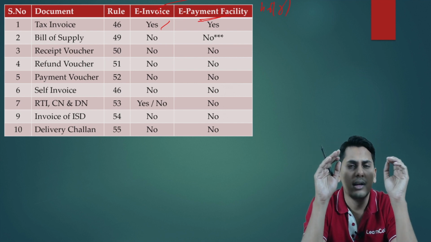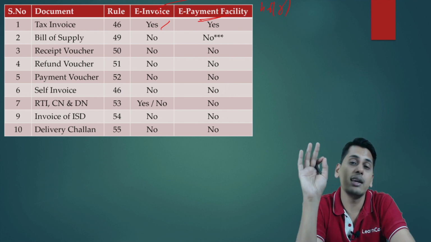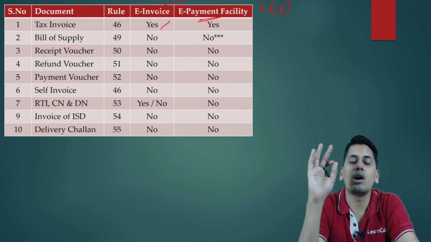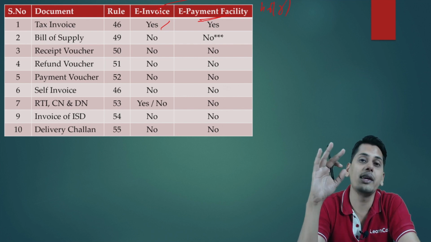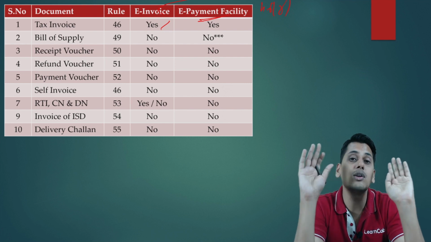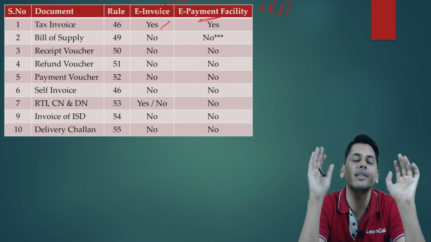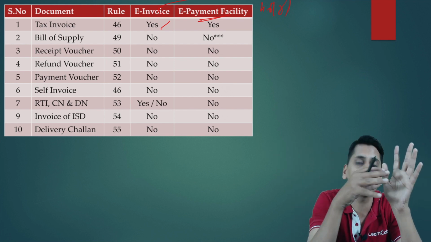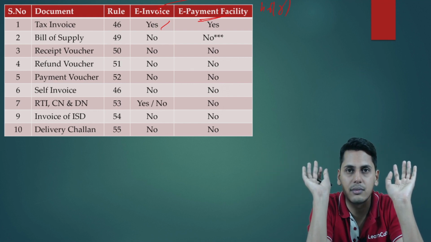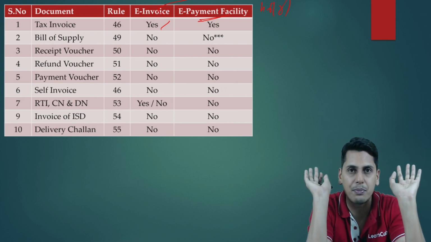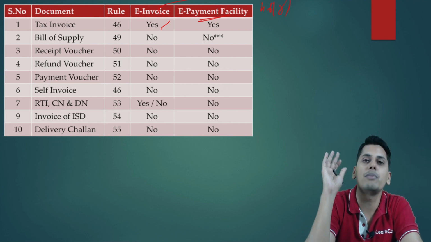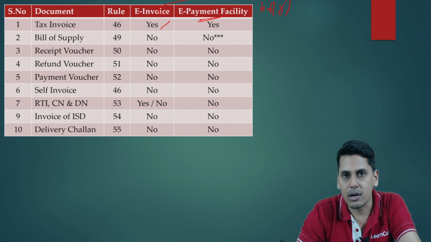Now friends, again technically speaking, 46 sub rule R is only speaking about contents of tax invoice. The rule which is speaking about contents of credit notes and debit notes, there is no mention that credit notes and debit notes should also be registered with the invoice registration portal, and that also should have a QR code having an embedded invoice reference number in it. There is no such provision specifically speaking about it, but at the implementation level, the government is also implementing it for credit notes and debit notes.